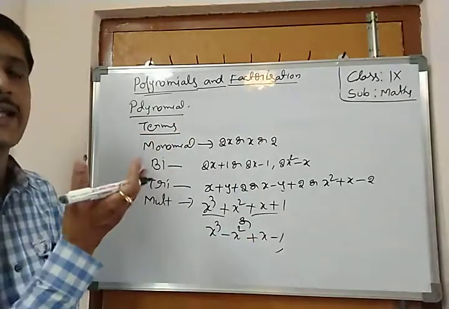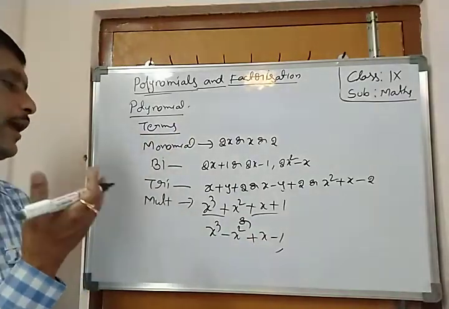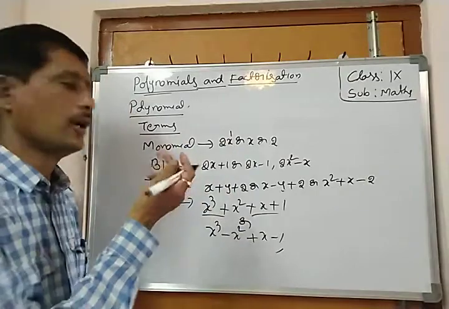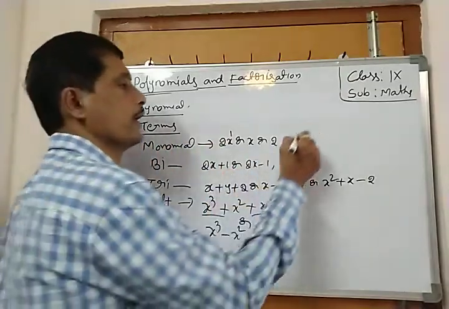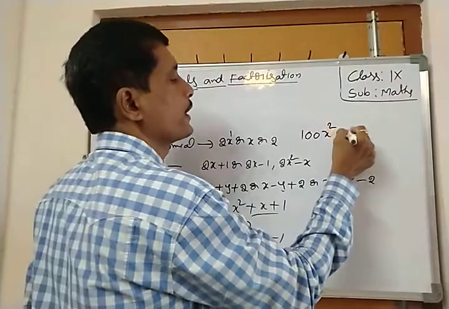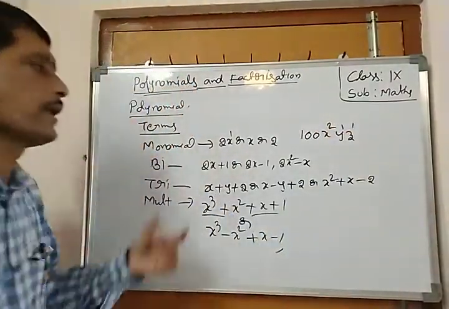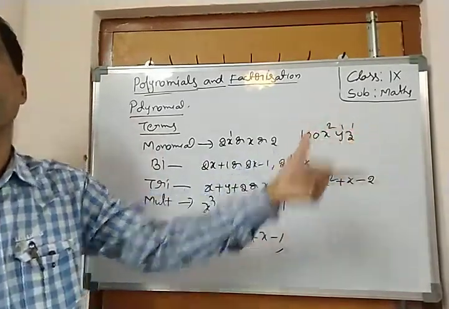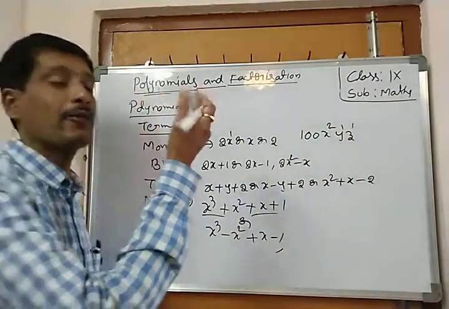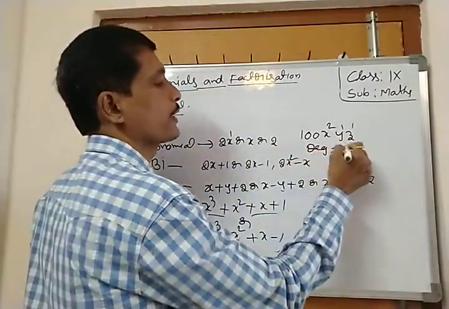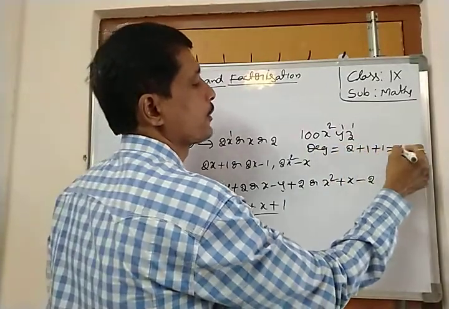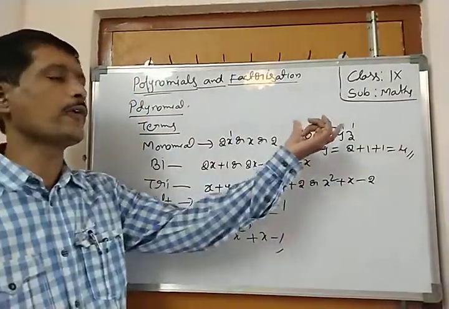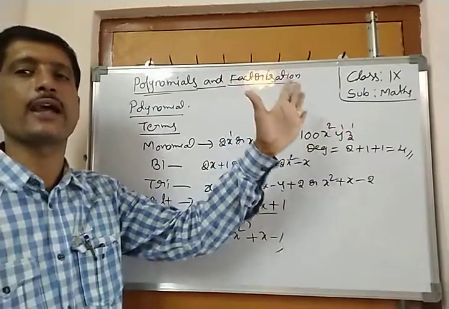Next, degree of the monomial, binomial, trinomial and multinomial. Here for a monomial, suppose the power is 1, then the degree of this monomial is only 1. Suppose here 100 x square y z power 1, this is totally only one term. Here 3 variables are there, x, y, z. Therefore for the degree of this monomial, the variable powers should be added. Degree of this monomial equals 2 plus 1 plus 1, that equals 4. However many variables, their powers should be added; that is the degree of that monomial.